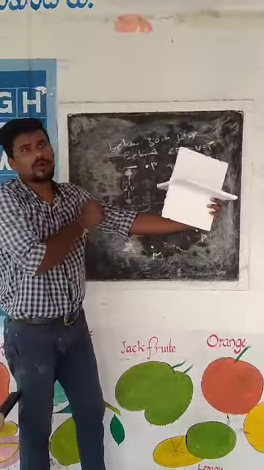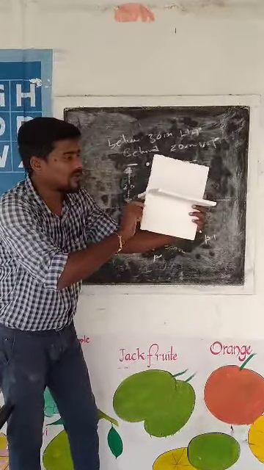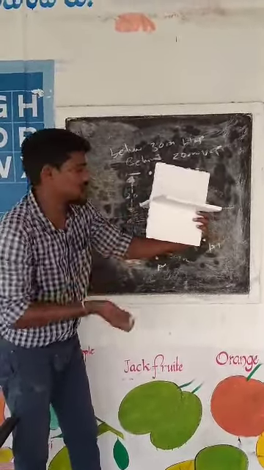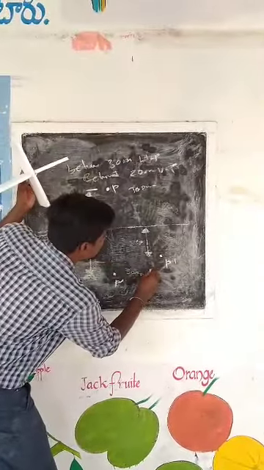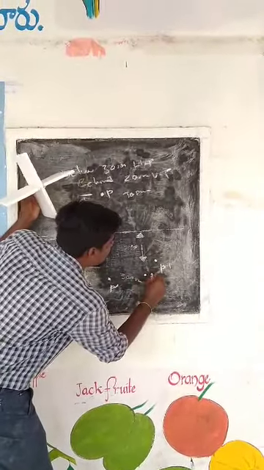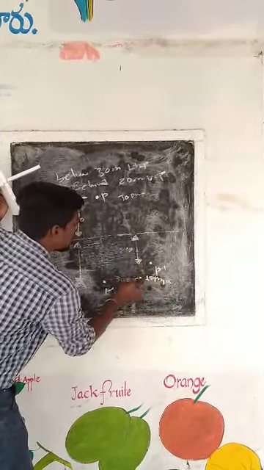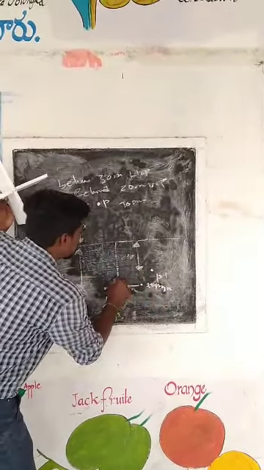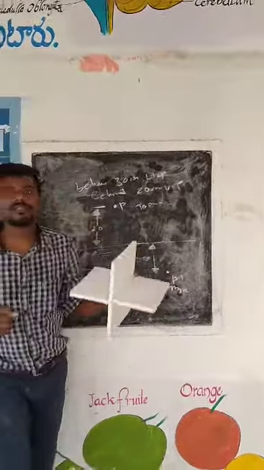Next we have to draw the top view. To draw the top view, we have to rotate this horizontal plane to this side, clockwise. The top view projects at a distance of 25 mm from the baseline. This is the 25 mm top view, the top view of the point.